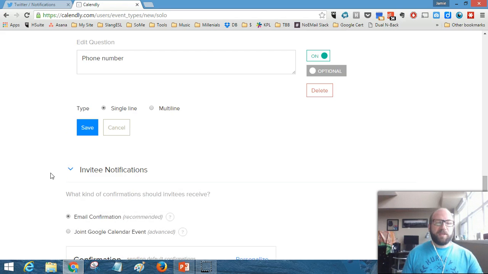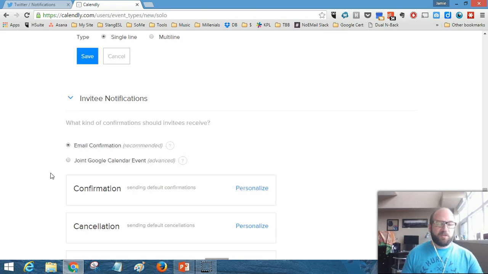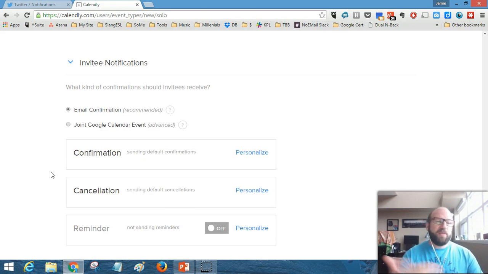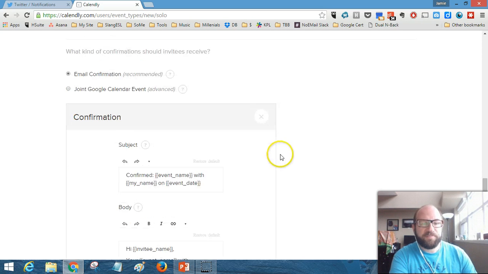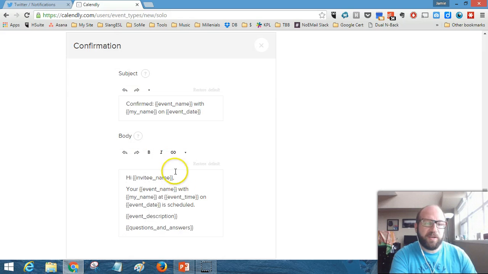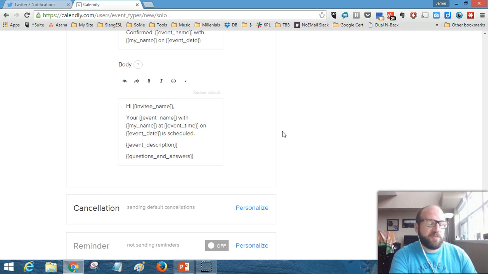Then you can do inviting notifications, and you can also tweak this. So you get an email confirmation sent to the person, you receive one as well. You can do joint Google Calendar event. I don't do that. I prefer just to have the person get the email and they get the confirmation, which I can personalize. You can put in here in the body and in the subject line the things that you want. So for example, in mine, I have put in there